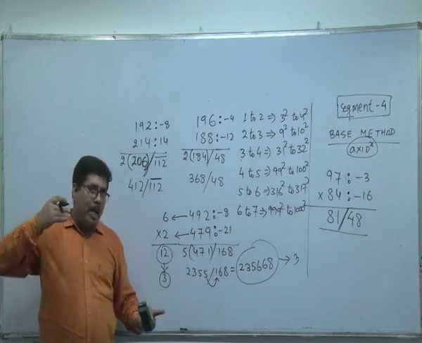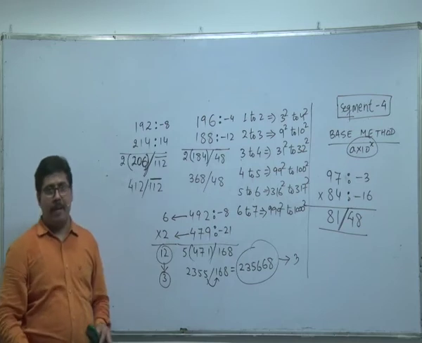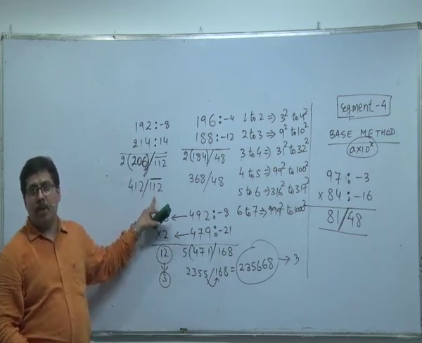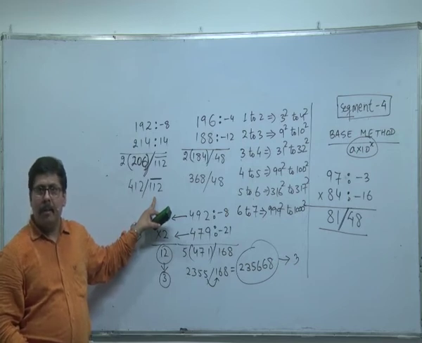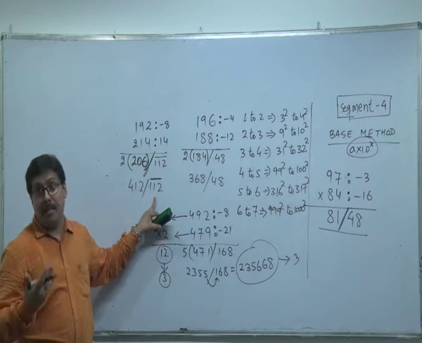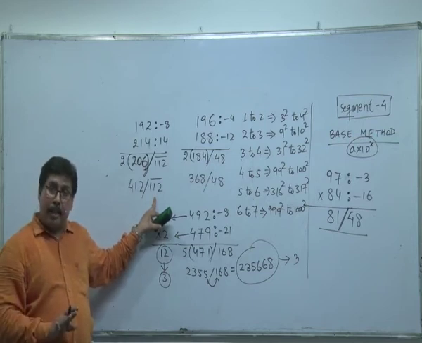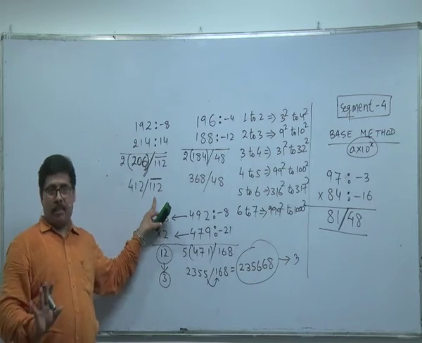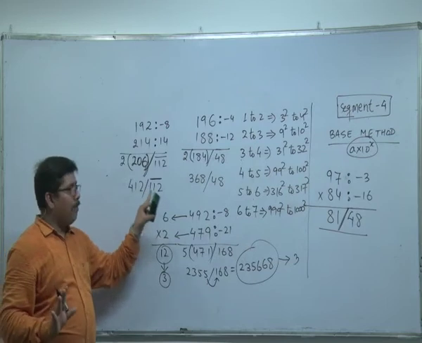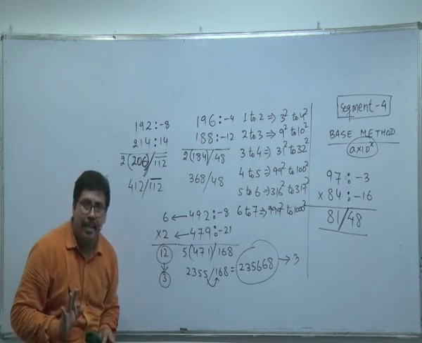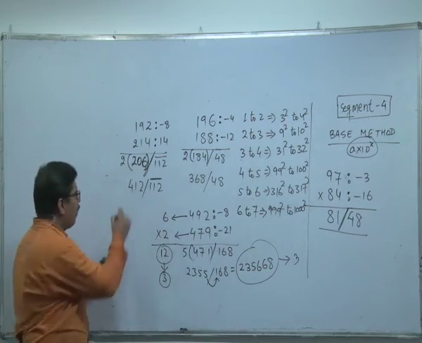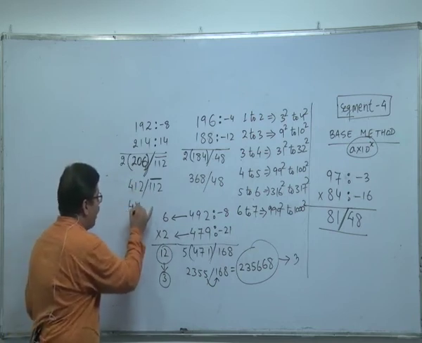So what is the multiple of 100? What is the minimum multiple of 100 which can turn this number into a positive number? 100 is sufficient or not? 100 से मेरा काम नहीं चलेगा. 200 से काम चल जाएगा? Yes, 200 is sufficient. So we need minimum 200. 200 minus 112 is 88. If I take 2 as carryover, 412 minus 2 is 410. Yes or no?